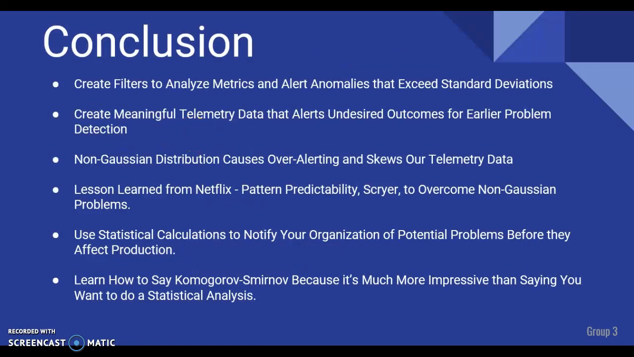All right, so in conclusion, you're going to want to create filters to analyze metrics and alert on anomalies that exceed standard deviations, and create meaningful telemetry data that alerts on undesired outcomes for earlier problem detection. Non-Gaussian distribution causes over-alerting and skews our telemetry. Lessons learned from Netflix: pattern predictability, Scryer, and overcoming non-Gaussian problems. Use statistical calculations to notify your organization of potential problems before they affect production. And the biggest thing is learn how to say